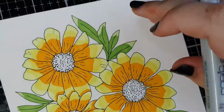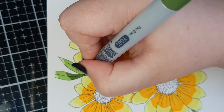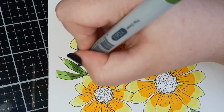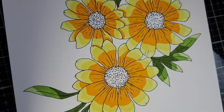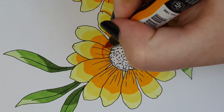You can just keep going like that until you've used all of your space, however many colours it is that you think would go in there. You don't want really tiny skinny layers, because then you're not going to get the full impact of it. So I probably could have done 5 different colours on the daisies, but I don't have a 5th colour. I'll be honest with you,